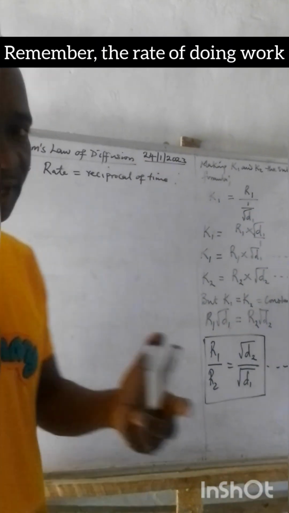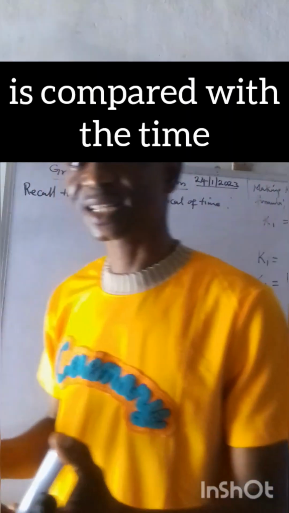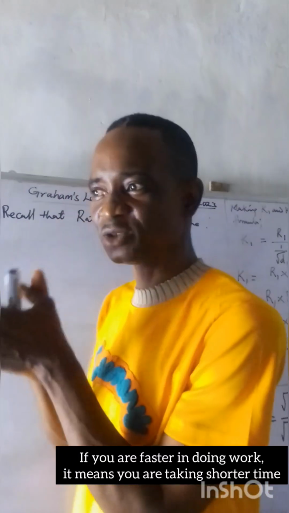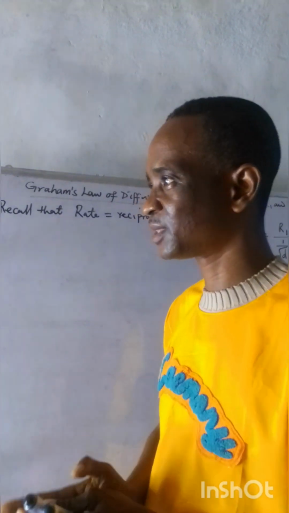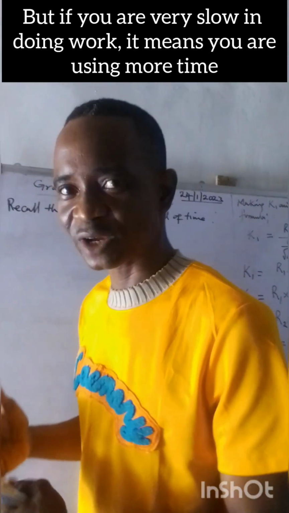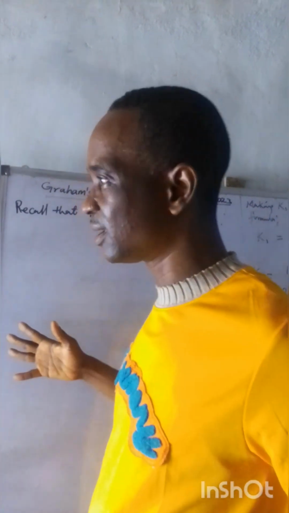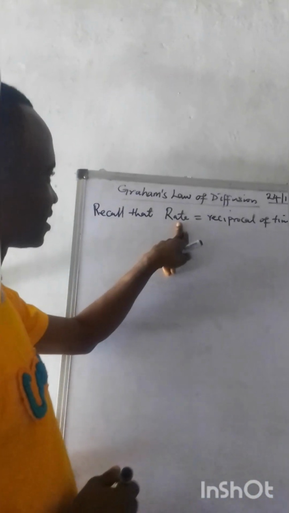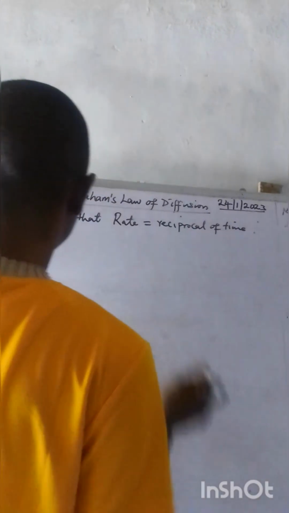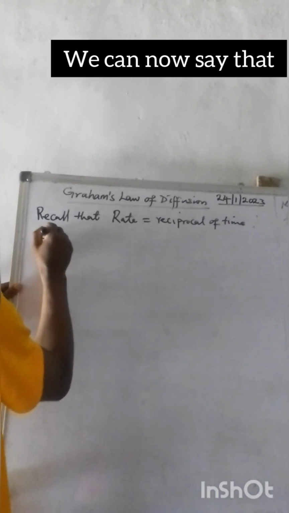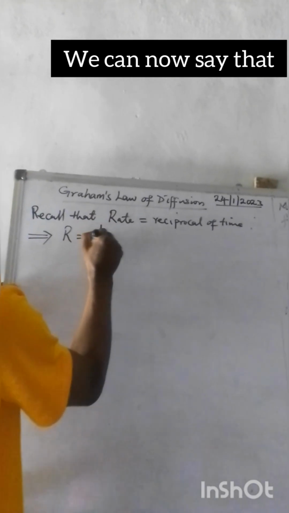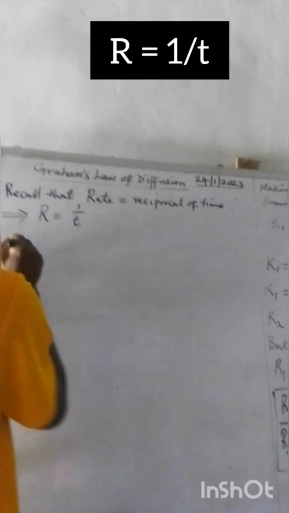Remember, rate of doing work is compared with the time. If you are faster in doing work, it means you are using shorter, smaller time. But if you are very slow in doing work, you are using more time. So, rate is equal to reciprocal of time. We can now say that R is equal to 1 over T, which means